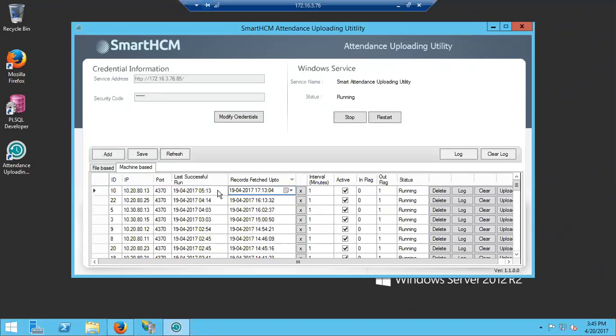It means, for example, currently it is 3:45 p.m. and the machine doesn't have an attendance at 3:45. The last attendance was marked at 2 p.m. So the system will show 2 p.m. here until the next attendance comes. Okay. So record fetch up to will show the last attendance record time which is available